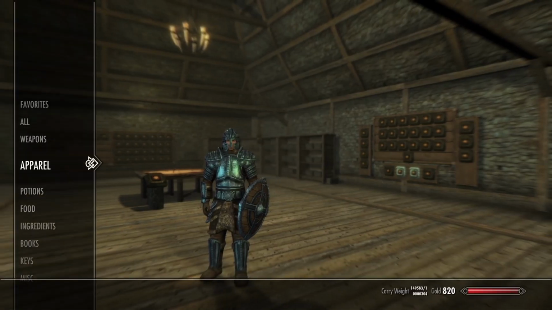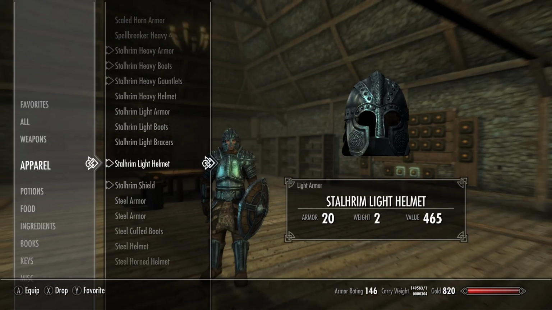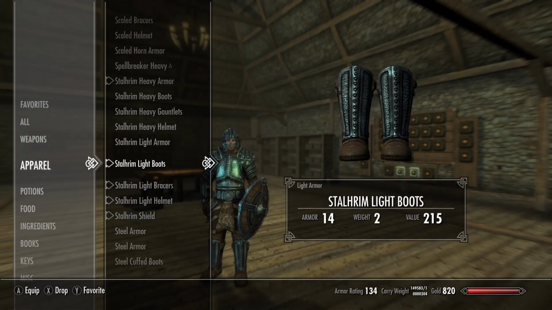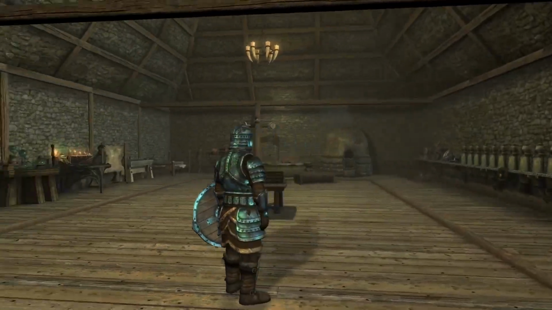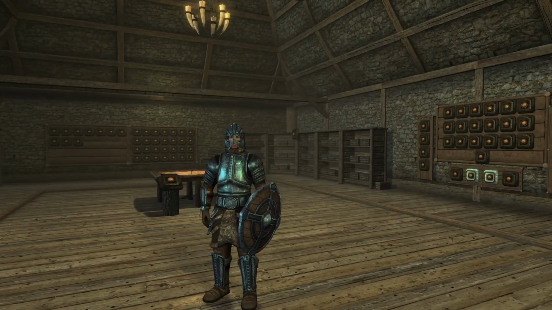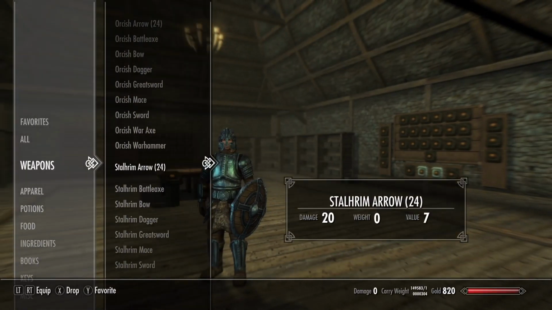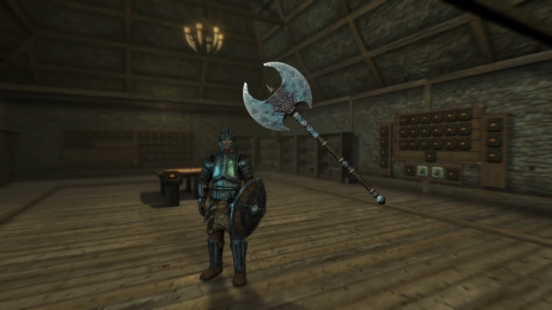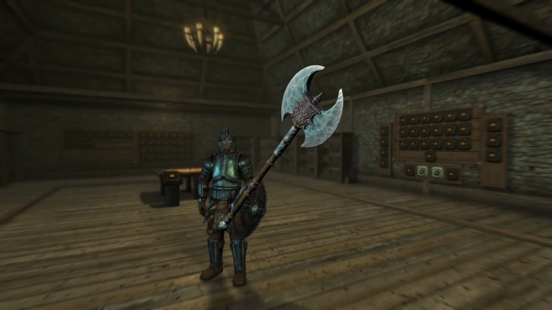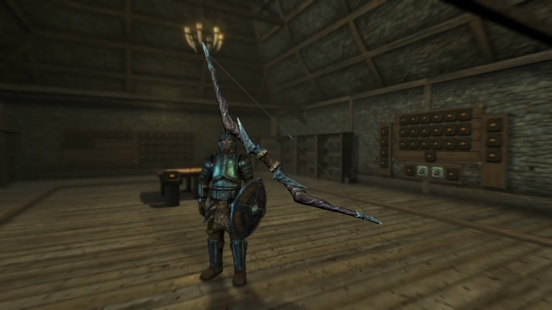So I like the armor, right? Let's look at the light as well. I think I like this as well. Slightly different, but not a ton different. Okay. But then when you go to the weapons and look at the Stalhrim weapons, these do not look like they're colored correctly, and they don't look textured correctly. The weapons no longer match